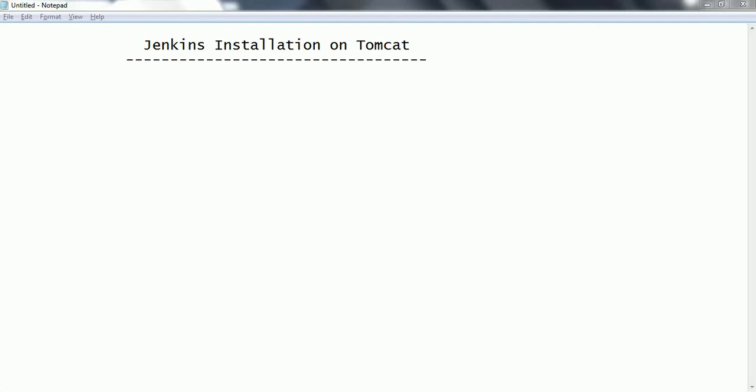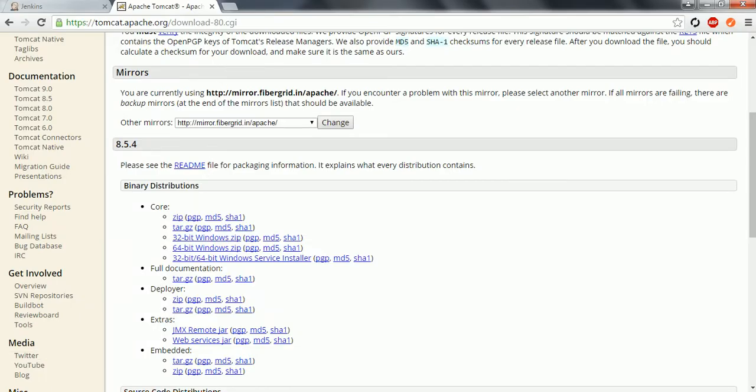In this session, we are going to see how to install Jenkins on Tomcat web server. So let us go ahead and proceed. In the previous session, I explained how to install Jenkins locally as a Windows service. Now we are going to see how to deploy the Jenkins WAR file on the Tomcat and how to work with it. Please note that I have removed all the existing setup so that I can start freshly. But if you have followed my previous tutorial, then you can skip a few steps.